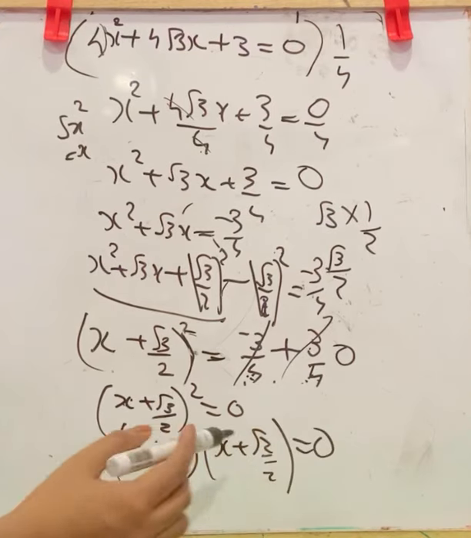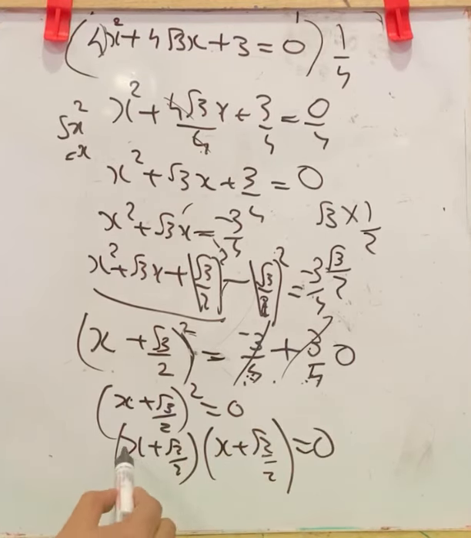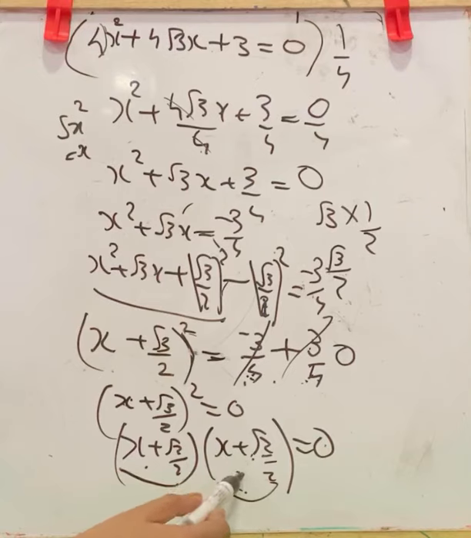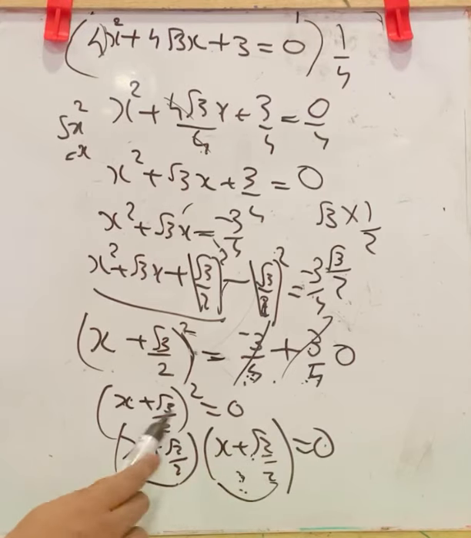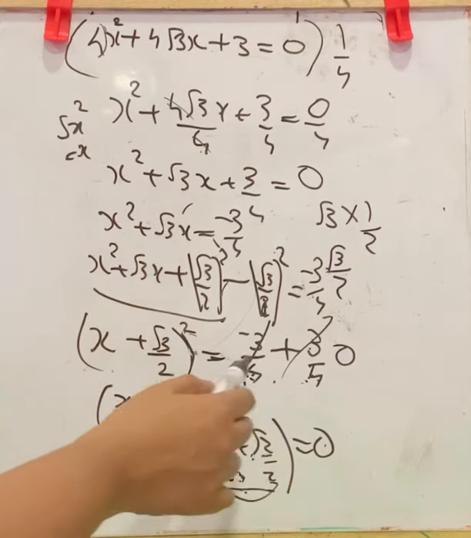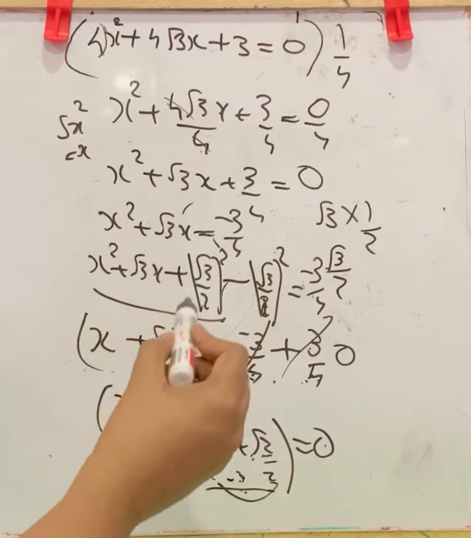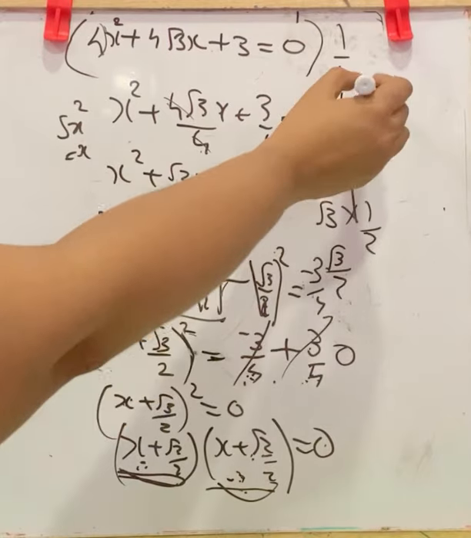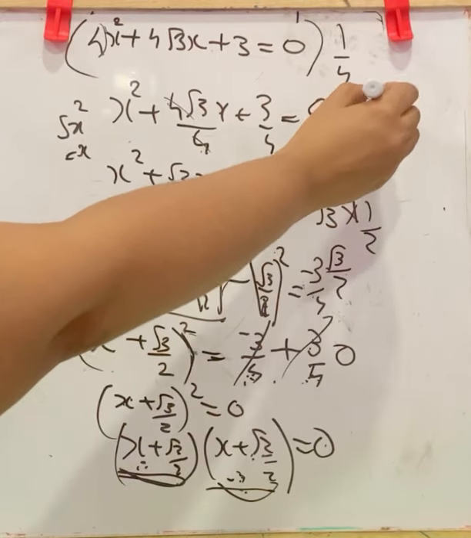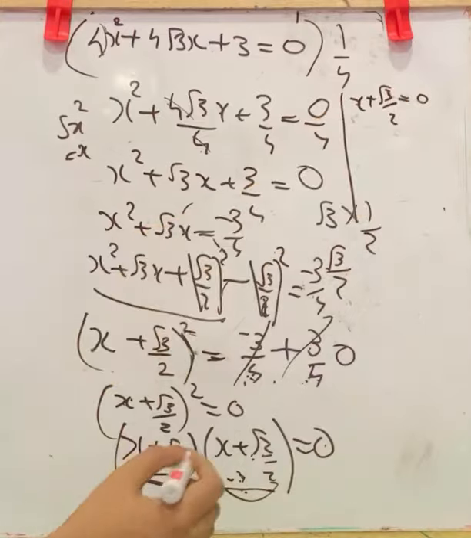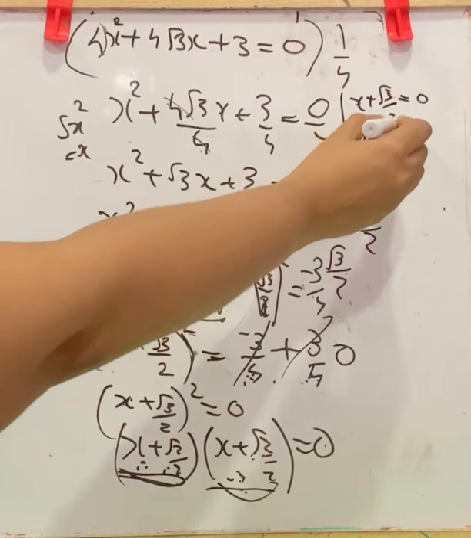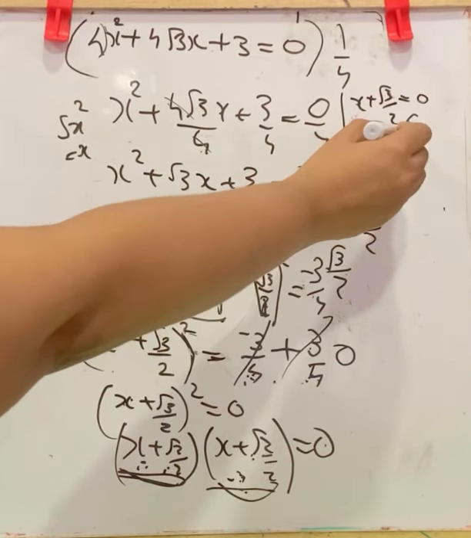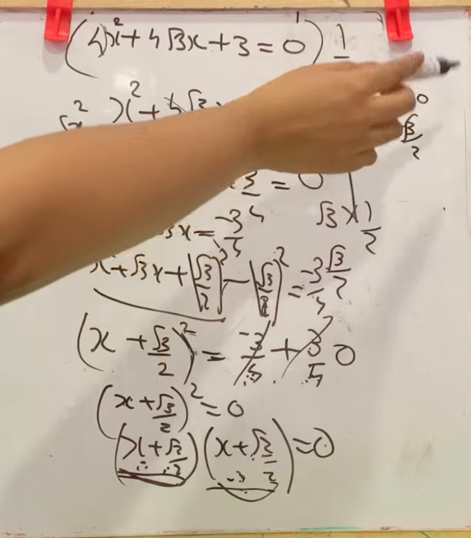Equal to 0. So from this we can say that either this will be 0, then 0 into this gives 0, or this will be 0, then this value into 0 gives 0. So you can equate each term to 0, because only then will you get the product as 0. So first take x plus root 3 by 2 equal to 0, and from this you will get x equal to minus root 3 by 2, that is, plus root 3 by 2 taken to RHS.